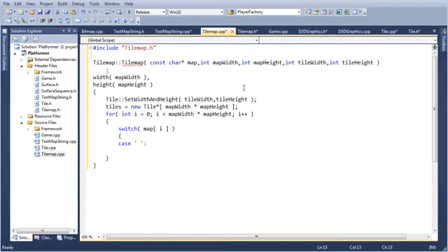So in that case, we want to do what? We want to do tiles at I equal to new tile.